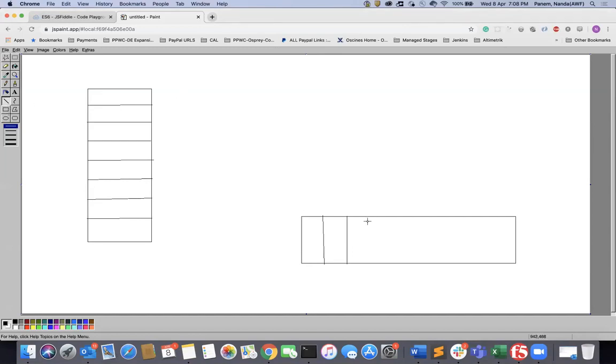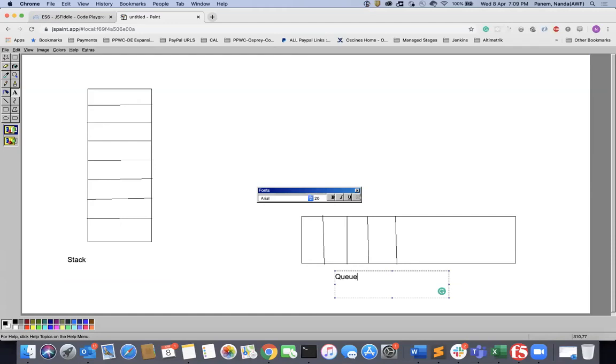Okay, so let's see. This is the stack and this is a queue. So how do JavaScript programs work in any browser?